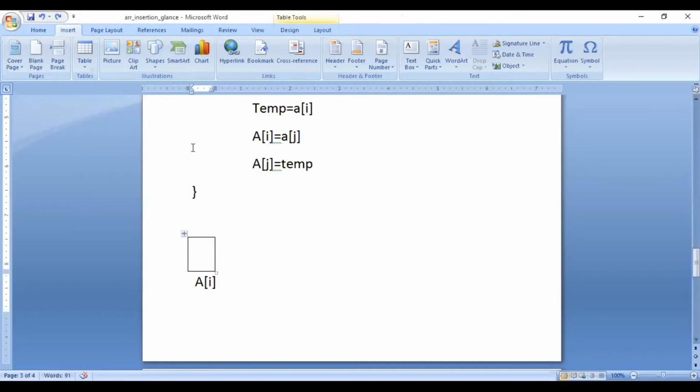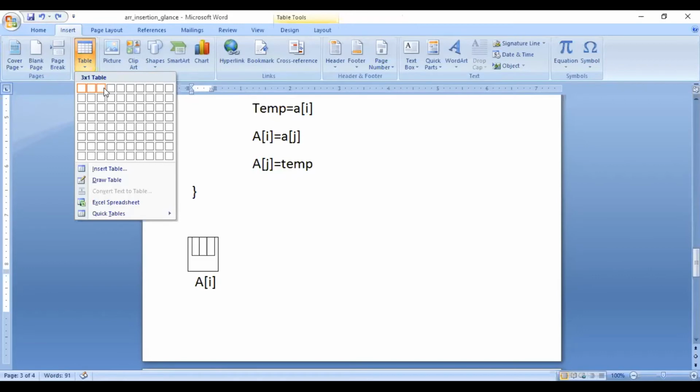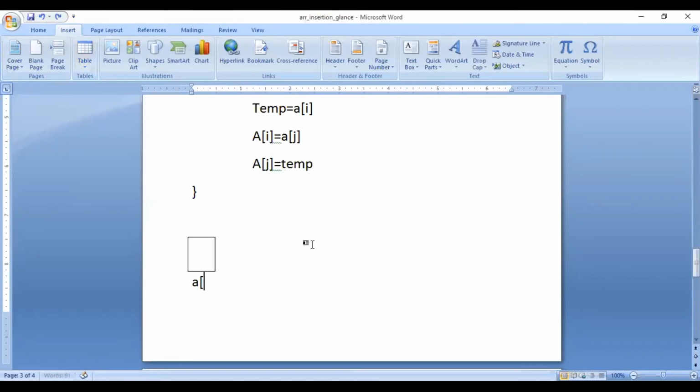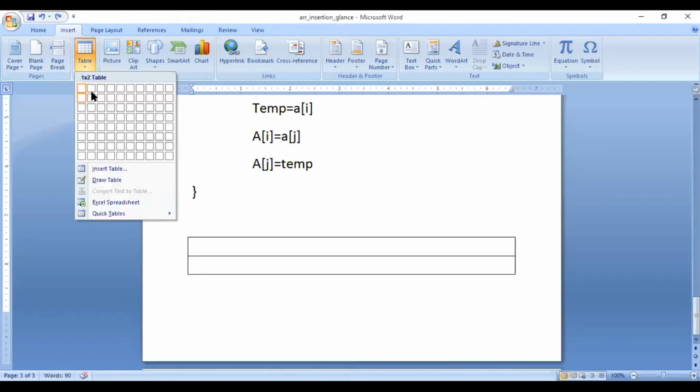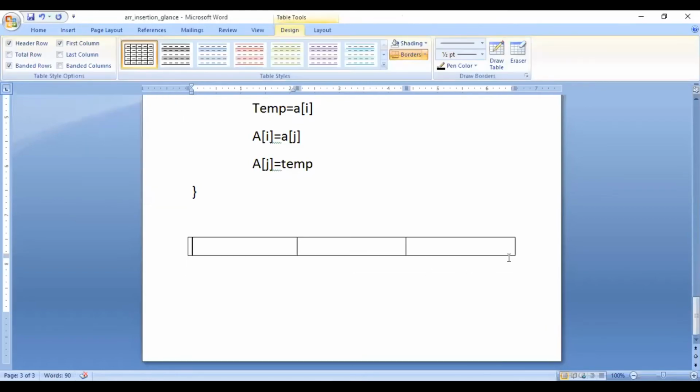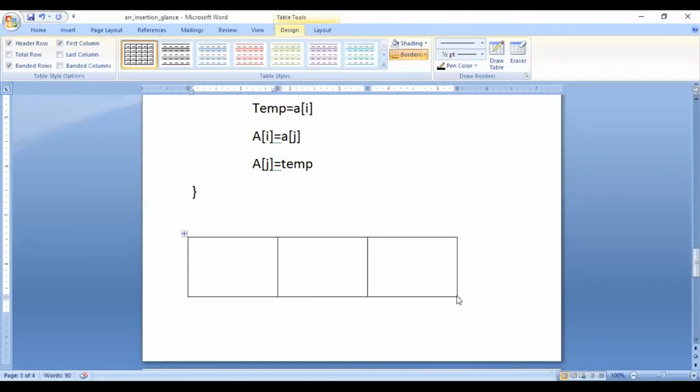We have three locations, because each and every time we compare only two values. The first location is a of i, the second location is a of j. The first location has some value; we were having 50. Now a of j was 25.